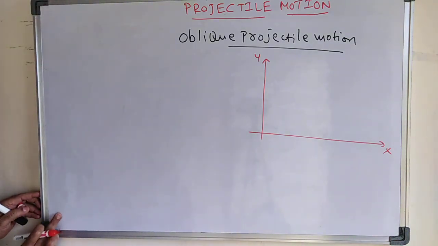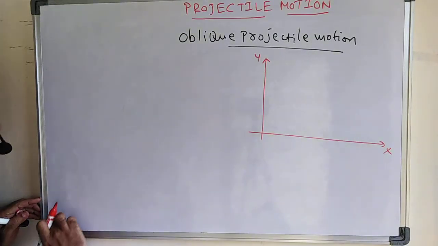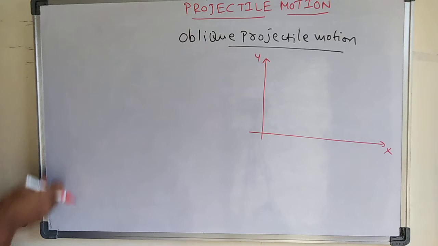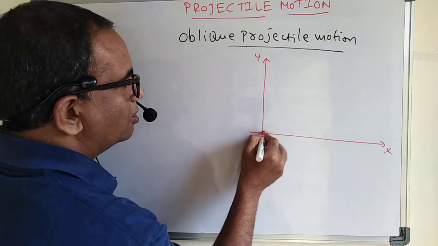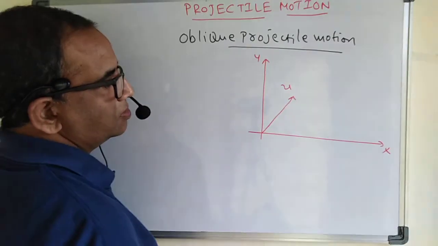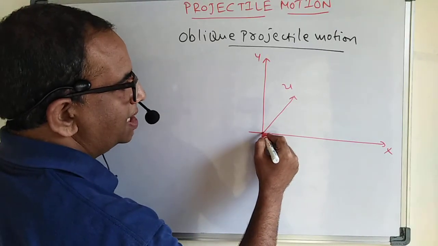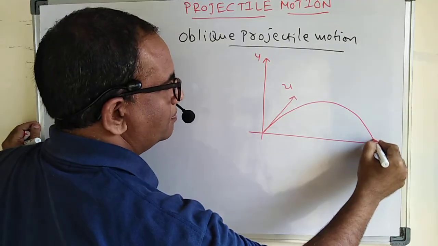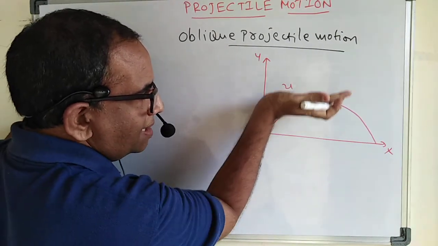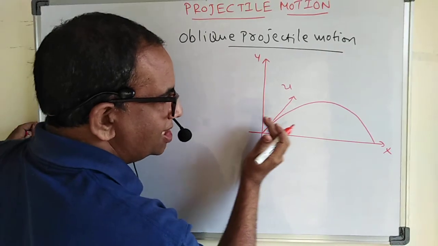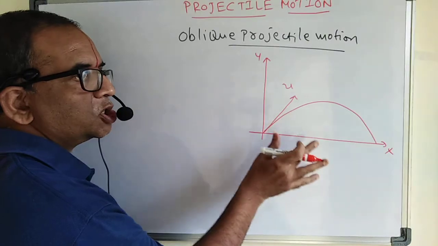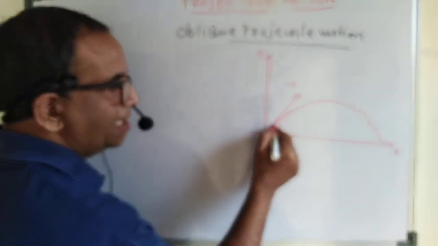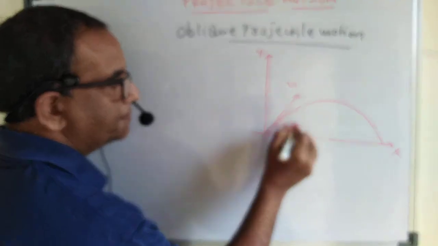When an object is thrown, what will happen? The object doesn't go like this. It will go along the x-axis as well as the y-axis. Suppose I throw an object with a velocity u, it will follow a parabolic path. Here it went along the y-axis as well as along the x-axis. Both it has travelled. That's why this is called motion in a plane. And carefully, let us say it has made some angle theta.